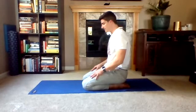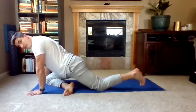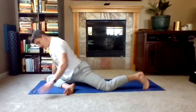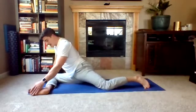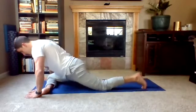You can do this any number of ways. I'm going to drive my right knee and ankle through. You can just be here. You can extend the left side back. You always move into a more advanced 90-degree position here, and then it's up to you what you do from